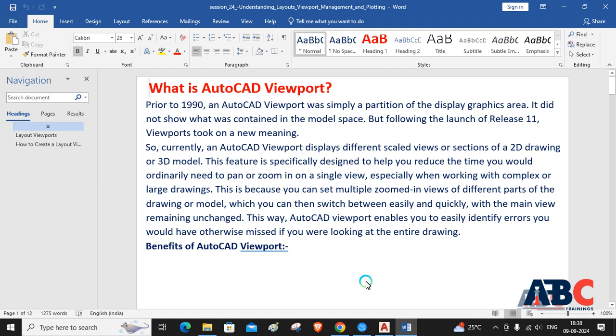What is AutoCAD viewport? There are two types of viewport: model viewport and layout viewport. Prior to 1990, an AutoCAD viewport was simply a partition of a display graphic area. It did not show what was contained in the model space, but following the launch of Release 11, viewport took on a new meaning. So currently an AutoCAD viewport displays different shaded views or sections of 2D drawings or 3D